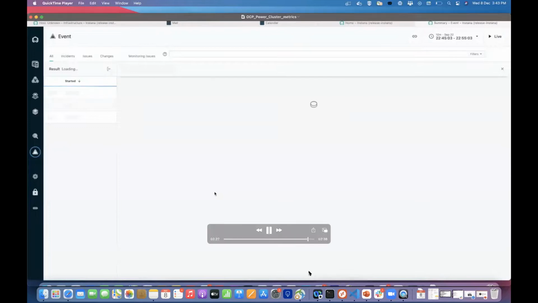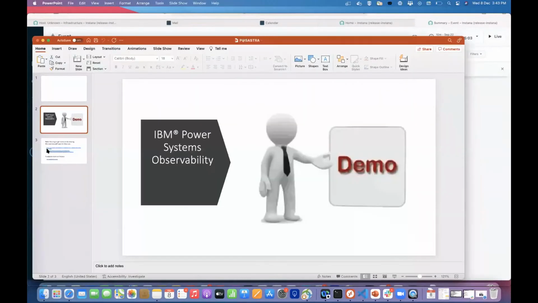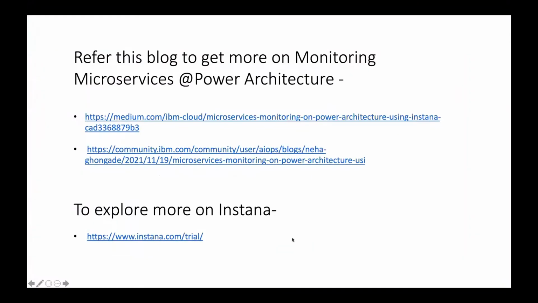If anyone wants hands-on experience with power related things, like where to start and how to start monitoring a particular microservice, we have published our blog over here. You can follow those steps, and whoever is new can easily configure the agent and monitor those things.